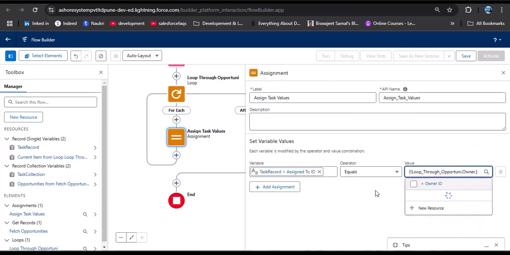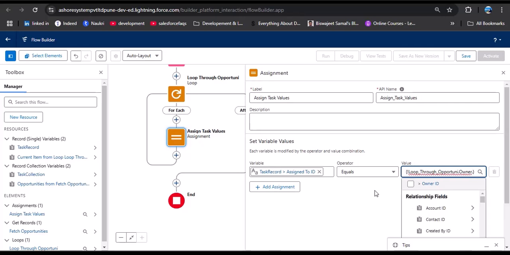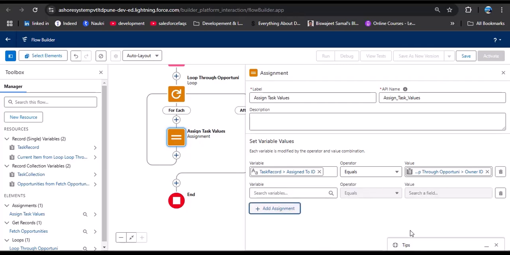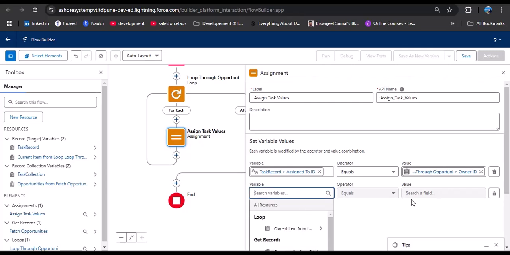Here we have owner ID, select it. Now in the value we will get the related opportunity owner ID, and this owner ID we are assigning to assign to ID, which is from the task object field. Then again add assignment. Again click on variable, scroll down,